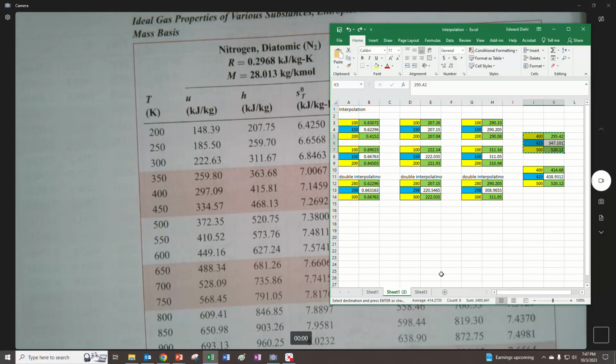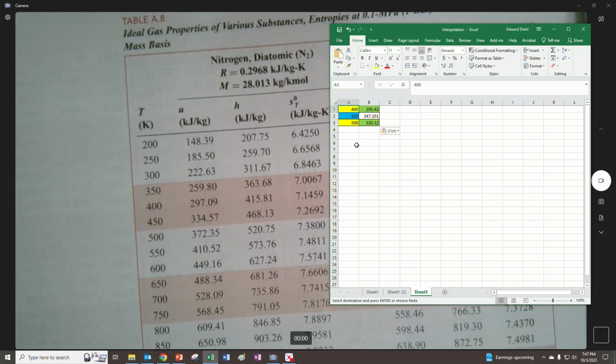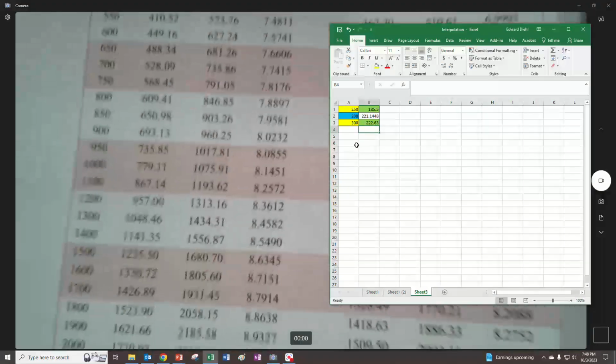Control C that, go over to here, Control V. So this is being fussy, I recognize, but we're going to go 250, and this is going to be 298, and this is going to be 300. If you want to go in between there, you go 185.50 and 222.63, and you get